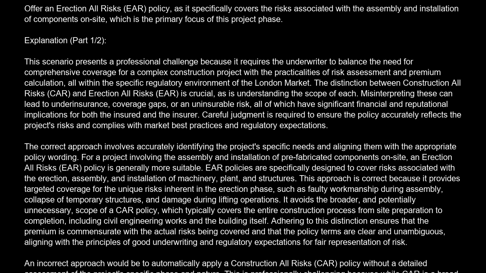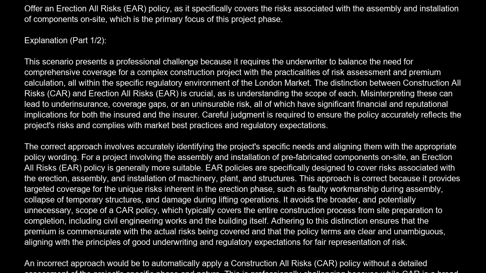Careful judgment is required to ensure the policy accurately reflects the project's risks and complies with market best practices and regulatory expectations. The correct approach involves accurately identifying the project's specific needs and aligning them with the appropriate policy wording. For a project involving the assembly and installation of prefabricated components on site, an erection all-risks (EAR) policy is generally more suitable. EAR policies are specifically designed to cover risks associated with the erection, assembly, and installation of machinery,